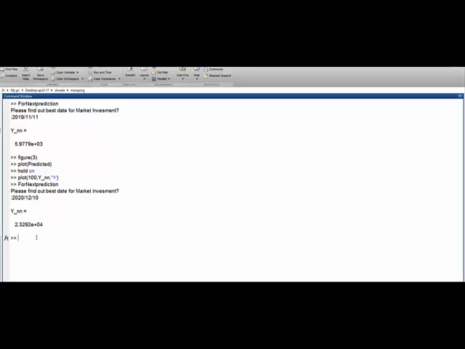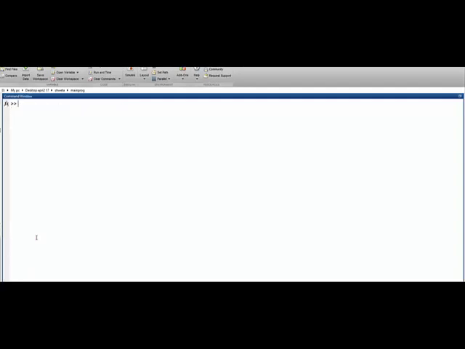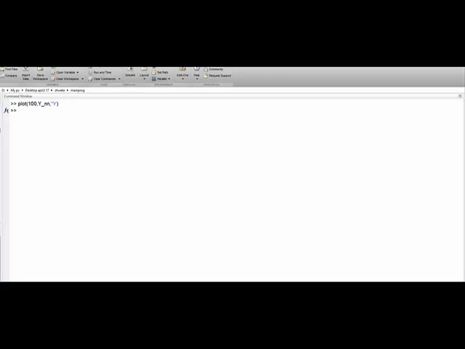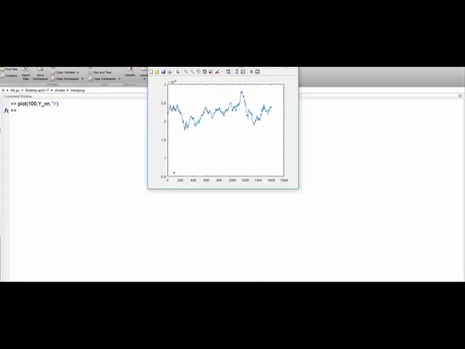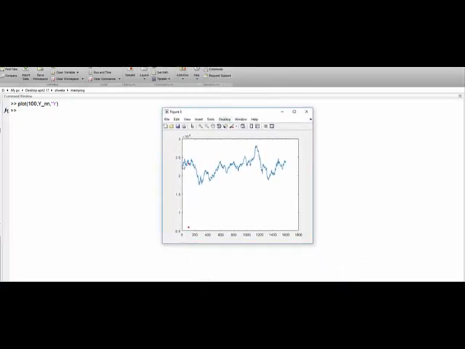Let me plot it again on figure 3. Right now I'm just writing hold on the figure, CLC, and plotting the red value. Let me see where it comes. So you can see it comes like this. The market will go high at this point.